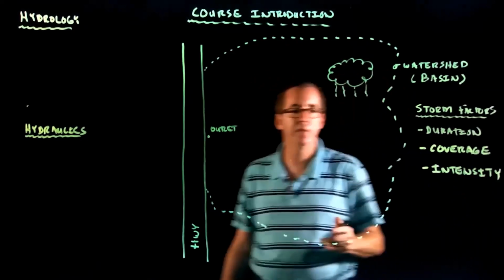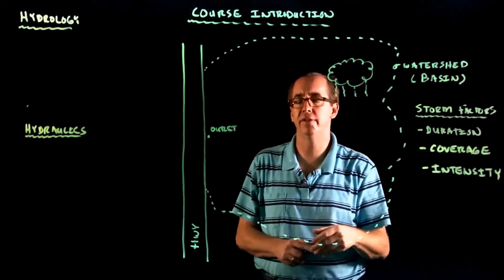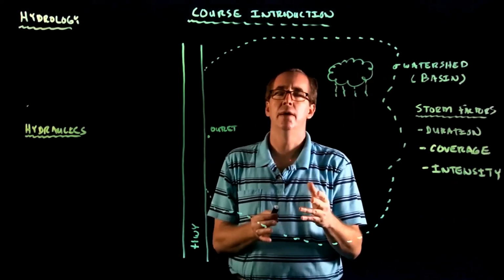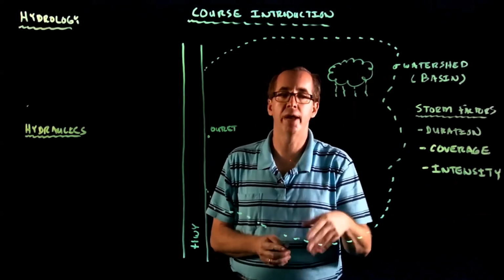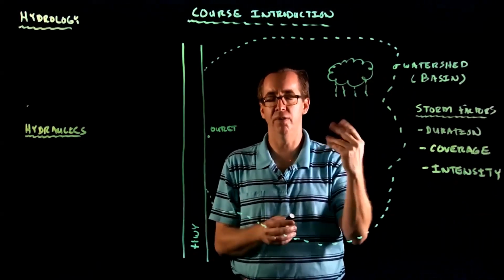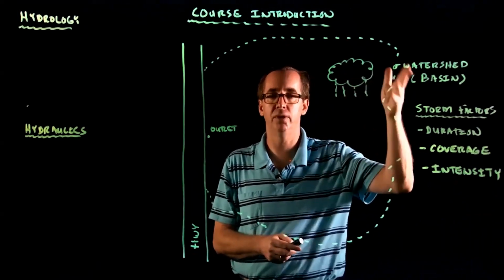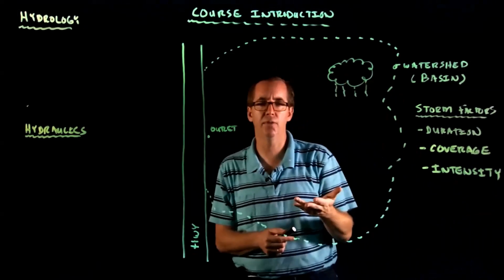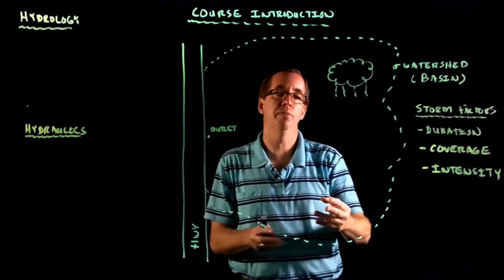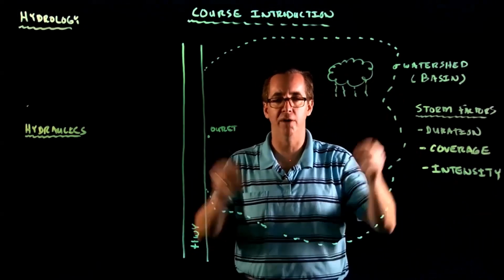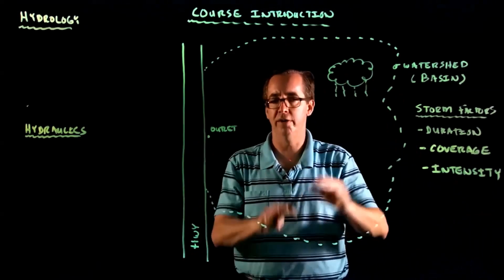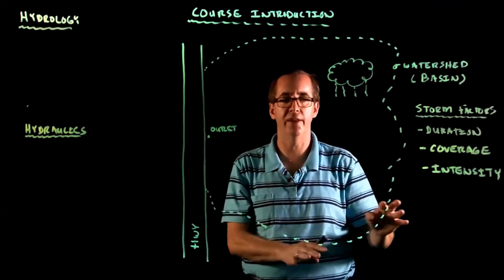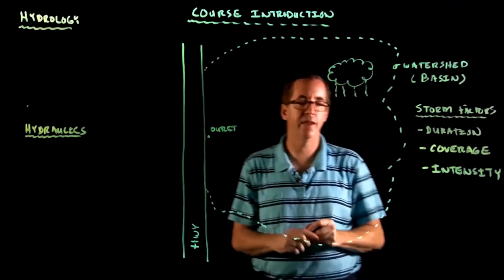Okay, now with intensity, what we're talking about is the difference between the storm that, say, you start off with a few raindrops, you're out for a walk, you feel a few raindrops, and little by little it builds up, and then it's a really strong storm, and then it kind of peters out. Versus another storm, which is common here in the South, in which with little warning, all of a sudden, boom, a lot of water, doesn't last very long, and then just kind of fades away. So that's what we mean by intensity.